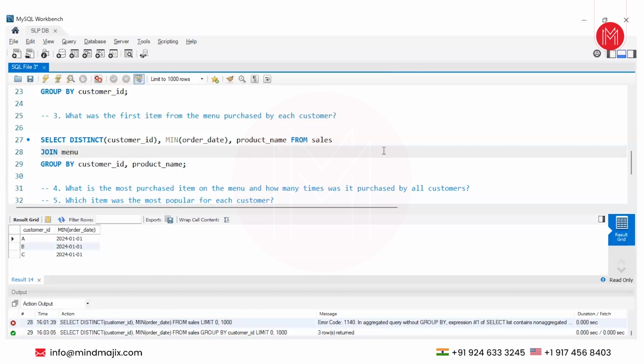And so the common point between both is product ID, right? So sales.product ID equals to menu.product ID